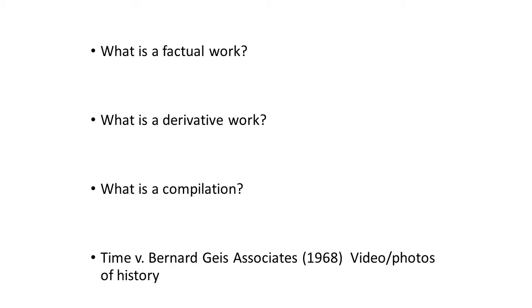Compilation, we talked about it. It's collection or assembly of pre-existing works or data. The selection, arrangement, or coordination of these elements is what gives it its originality, and compiling it into one source. So just not to confuse a compilation of everybody who lives in the city of Plattsburgh's phone number in an alphabetical list into one book. Technically, you kind of look at that as a compilation, but it doesn't have any originality. It's how it's organized and how it's put together that gives it its originality, and ultimately its copyright protection.